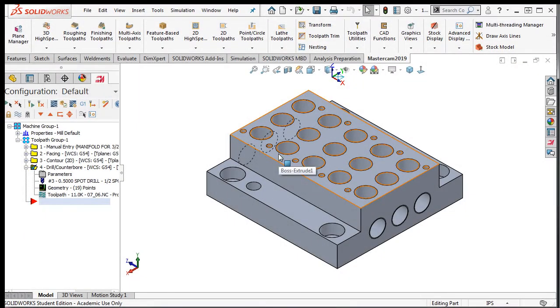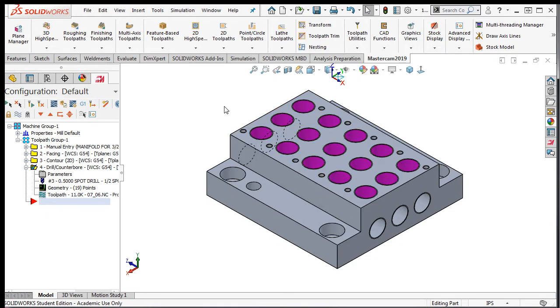There are certain situations where G&M code should be added manually. For this part, I would like to manually add some G&M code after the fourth operation. I want this code to only be run on the first part or in the event that the spot drill tool is changed. Since these purple holes are for 1/8 pipe threads,